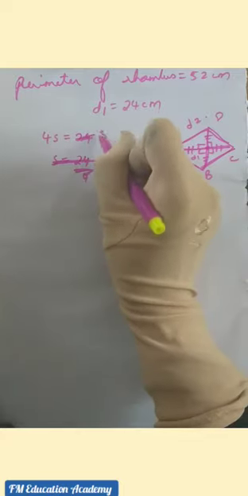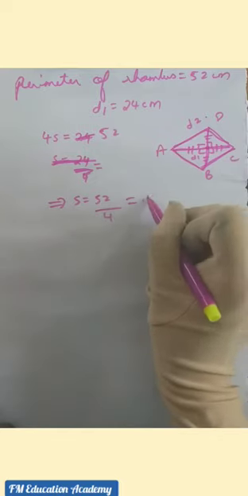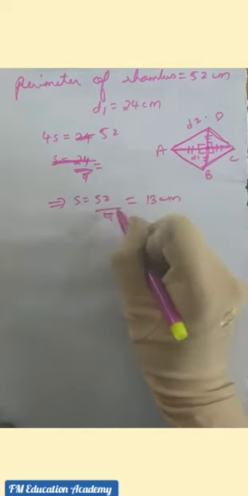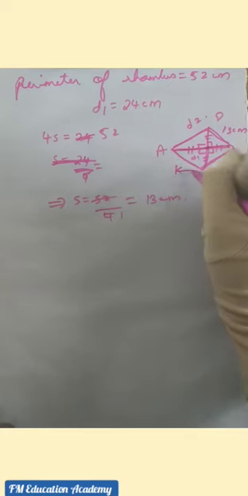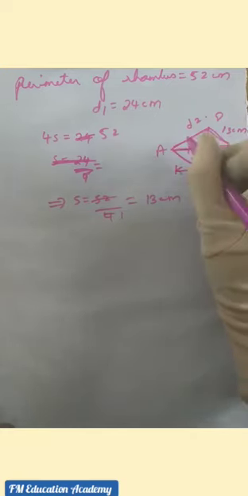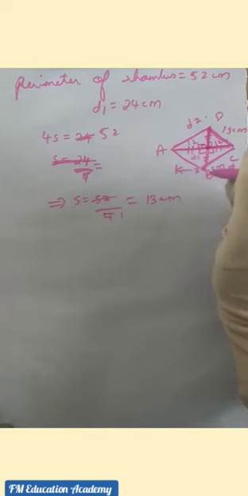So we can say the perimeter of the rhombus is also 4 into S. 4S is equal to 52. So we can find one side of the rhombus, that is S is equal to 52 by 4, that is equal to 13 centimeter. So one side we got is 13 centimeter, and the length of one diagonal is also given as D1. This total is given as 24. If this total is 24, then since they are bisecting, this is 12 and this is also 12. If this is 12 and this is 13, can't you find out? So let us suppose O, this is OD. We can easily find OD, and then we can easily find OB, because OD is equal to OB, and the diagonals are perpendicular and bisect each other in a rhombus.